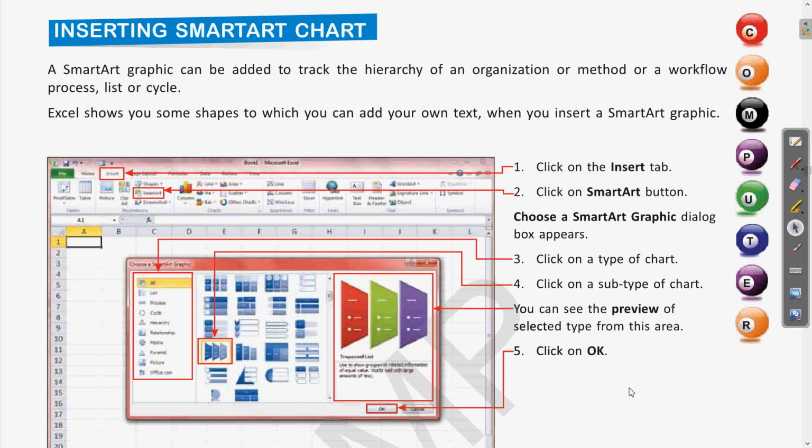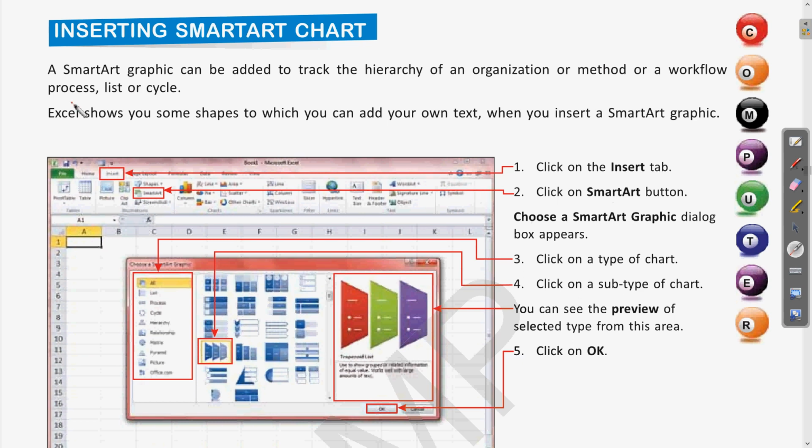Using that, our presentation will be better, or you can accommodate various types of data. So these are what is called SmartArt.